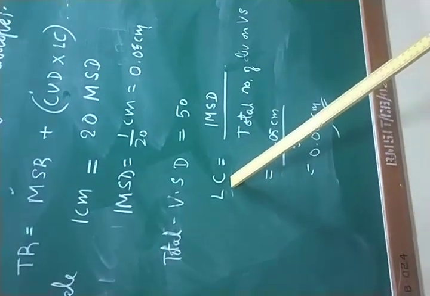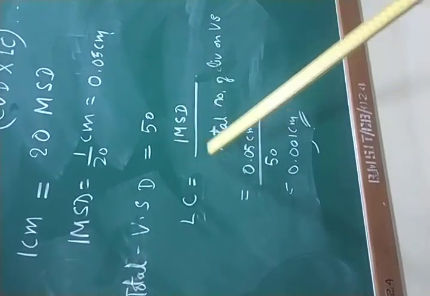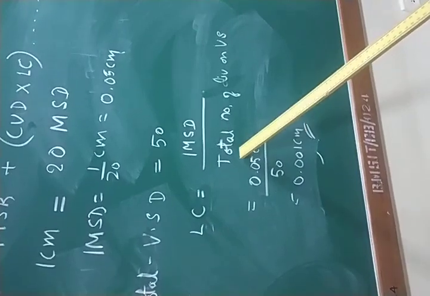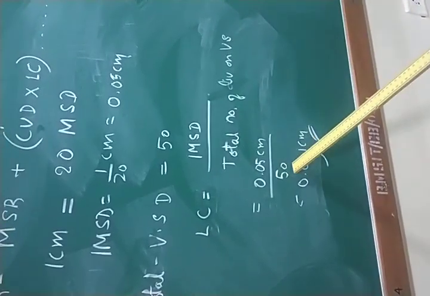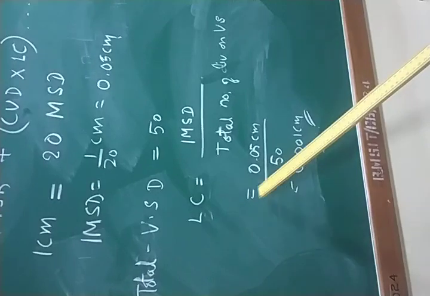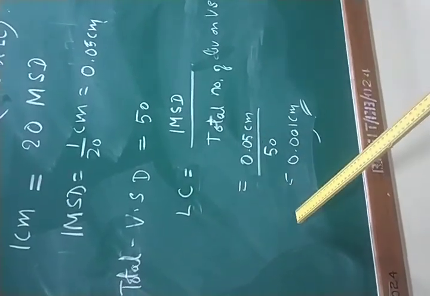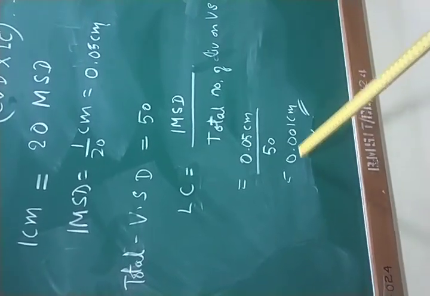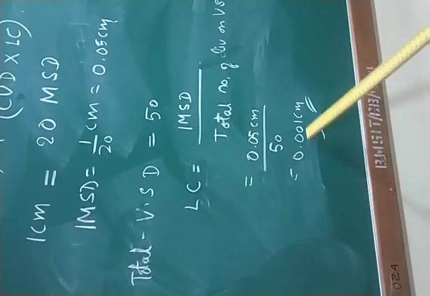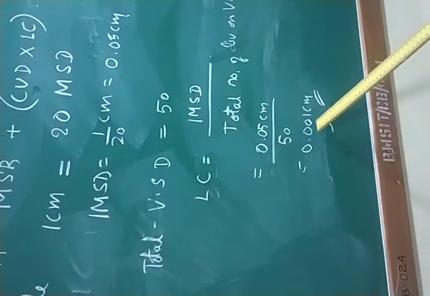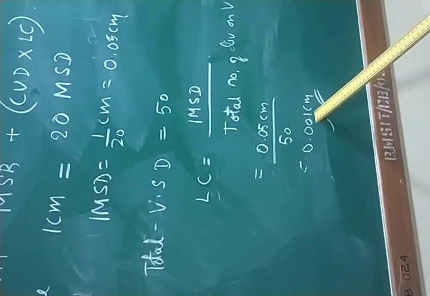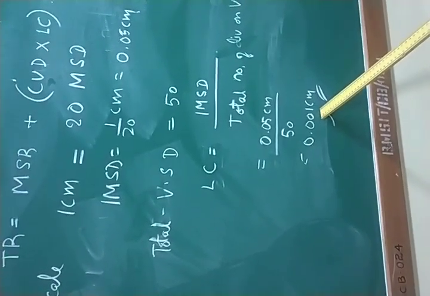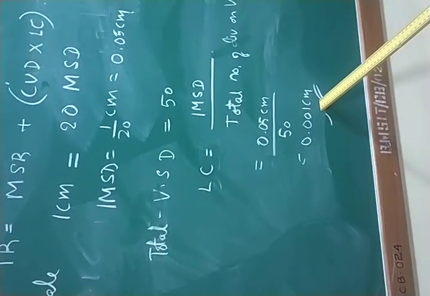Therefore, we can calculate the least count by substituting these values. The value of one main scale division is 0.05 centimeter and the total number of divisions on the vernier scale is 50. If you simplify this, the least possible value that we can measure from this travelling microscope is 0.001 centimeter. This means we can find the accuracy up to the third decimal place. That is the main advantage of this travelling microscope. Now we'll pass on to the experimental aspect: how to find the amount of depression produced if we apply the stress onto the considered beam.